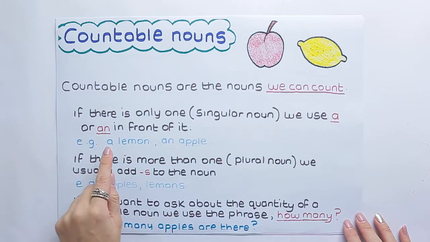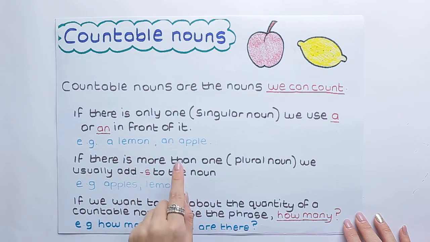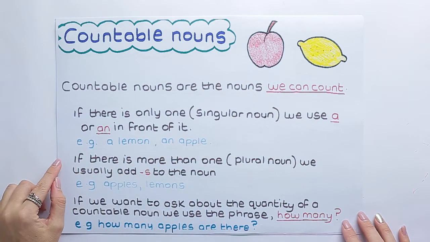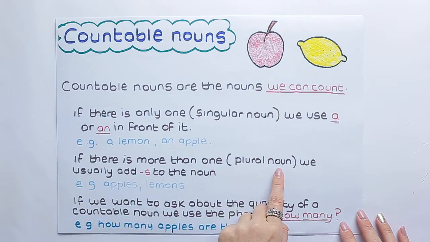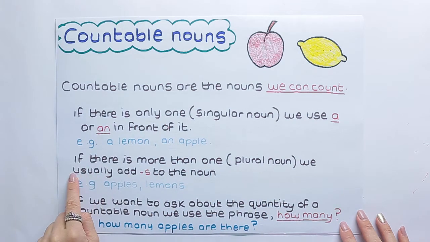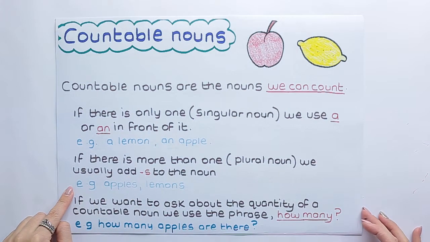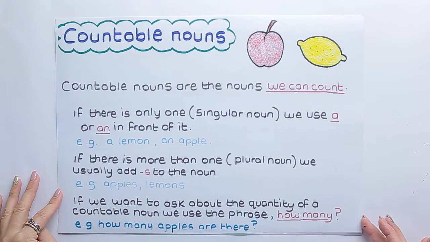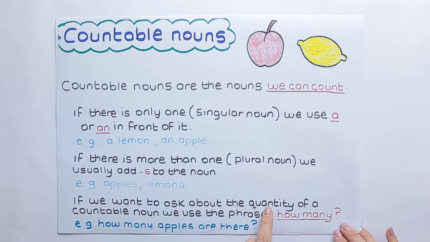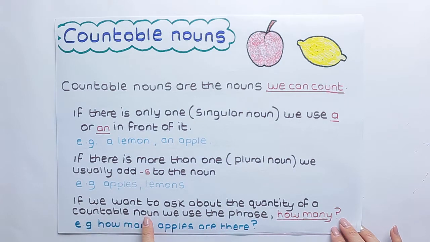For example, a lemon, an apple. If there is more than one plural noun, we usually add s to the noun. For example, apples, lemons. If we want to ask about the quantity of a countable noun, we use the phrase